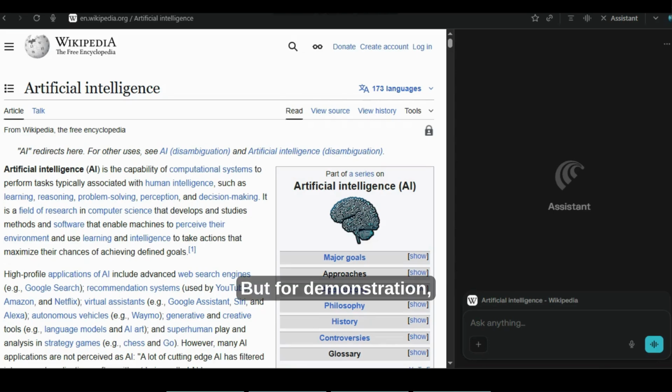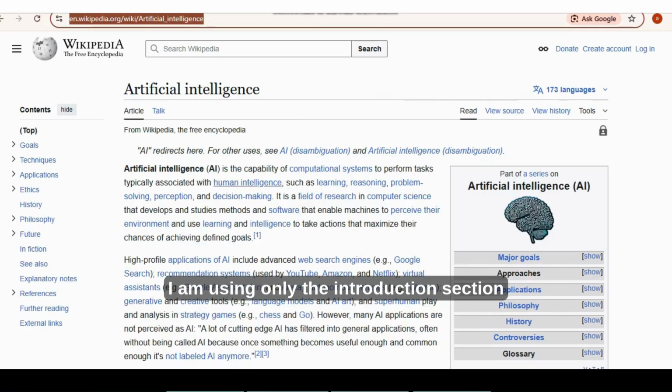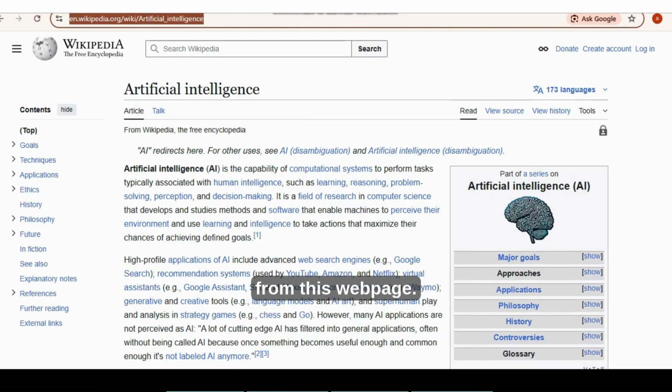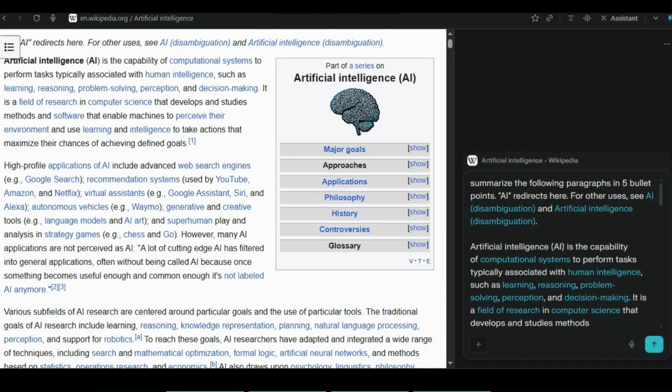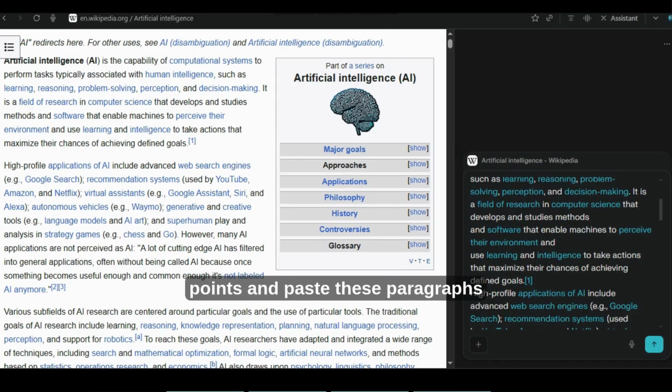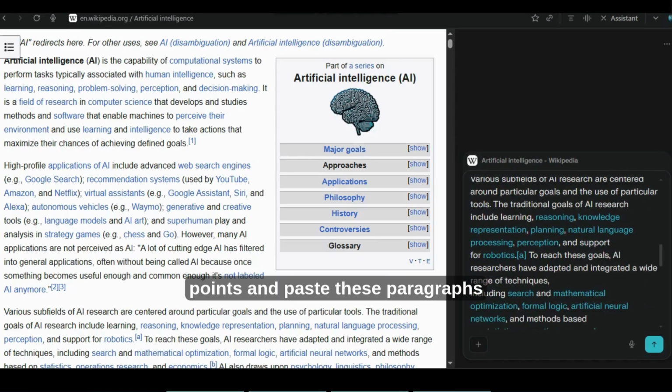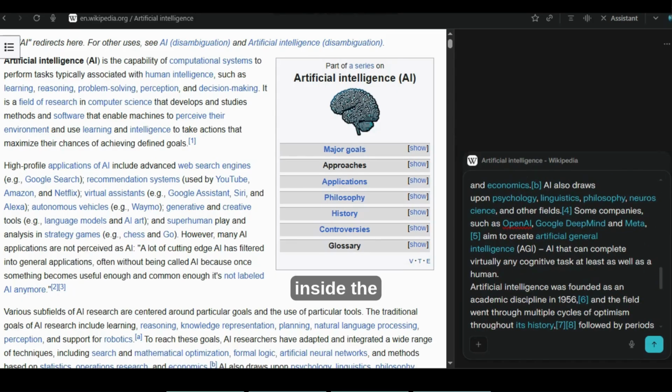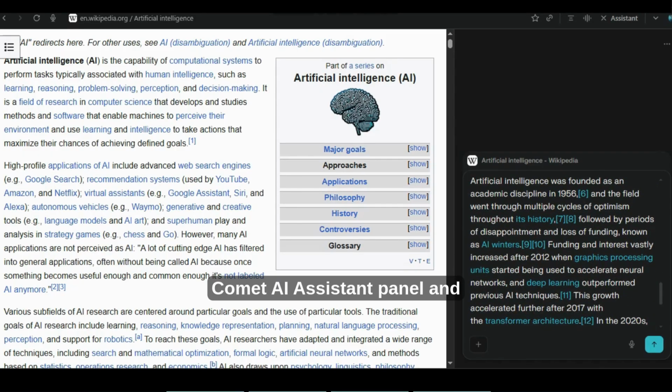But for demonstration, I'm using only the introduction section from this web page. I write a prompt that summarizes the following paragraphs in 5 bullet points and paste these paragraphs inside the Comet AI Assistant panel.